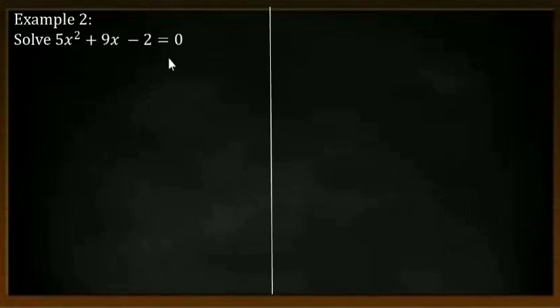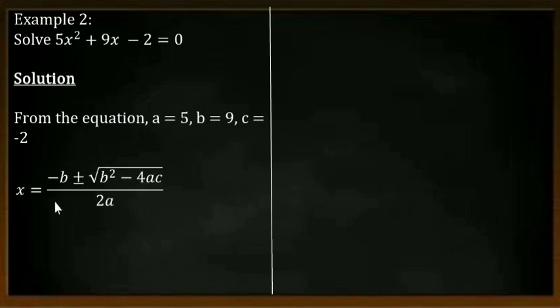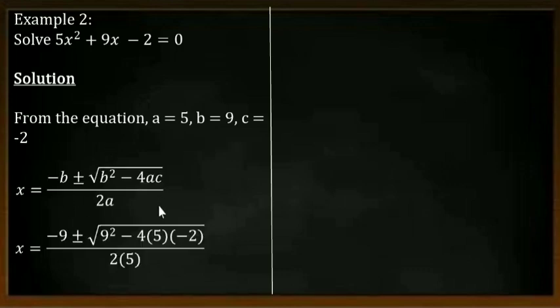Taking another example, if we are to solve 5x squared plus 9x minus 2 equals 0, the first thing we'll have to do is to compare with our standard form. So we realize that a is equal to 5, b is equal to 9, and c is equal to minus 2. So by writing now the quadratic formula, the next step is to input the values of our a, b,